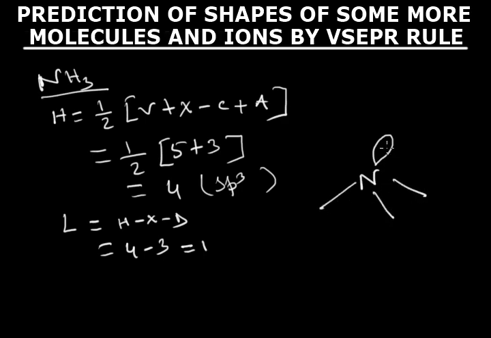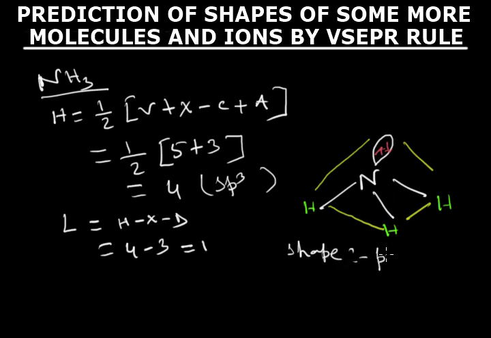One corner is occupied by the lone pair electron, and the other corners are occupied by 3 hydrogen atoms. They are directed along the 4 corners of a tetrahedral, but one position of the tetrahedral is vacant. So the shape of the molecule is not tetrahedral, but it is pyramidal,